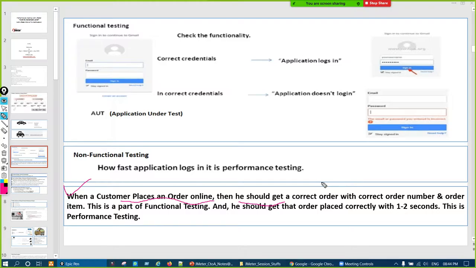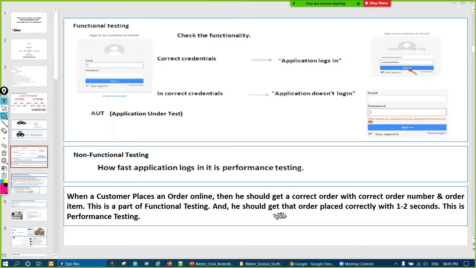When we do the functional testing, we verify whether the order ID is correct, all components related to that, like payment, and whether the same order that is booked is reflected in his My Accounts page or not. All these things are generally part of functional, right?